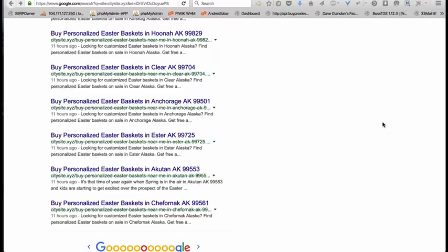The problem is everybody looks at it one way and says, "Oh, this is the only way to do it." There's tons of different ways. Like I said, product model numbers and all sorts of stuff. I mean, it's endless what you can do with it. You just got to think outside the box a little bit. But no, I haven't seen that long tail traffic has dropped at all.